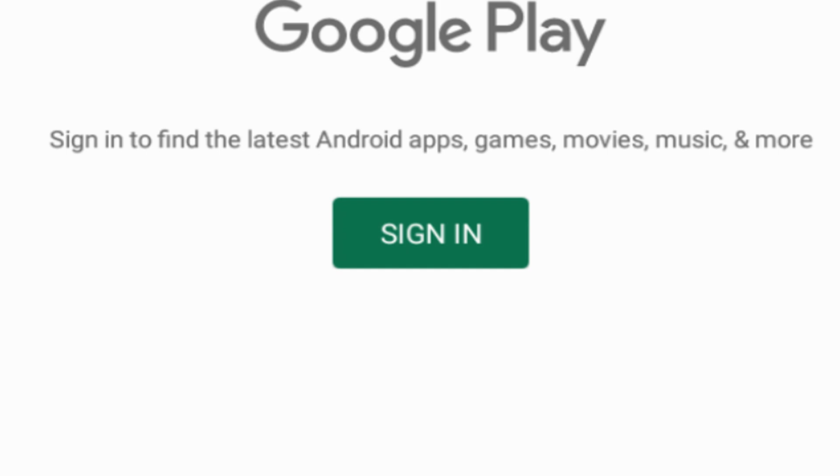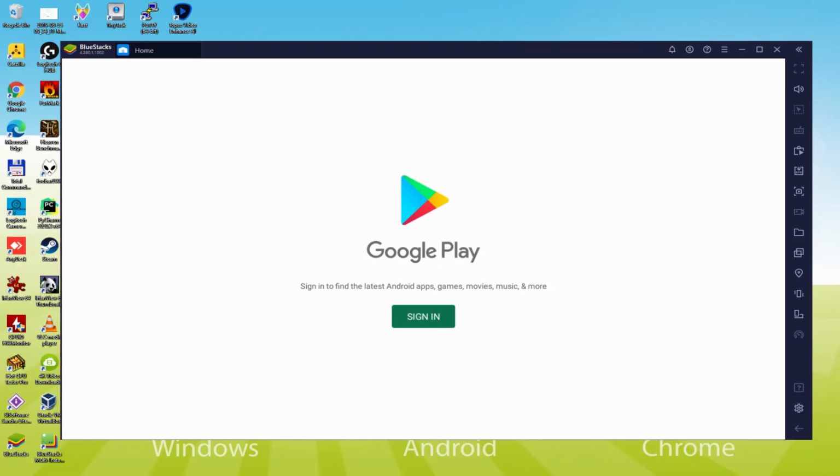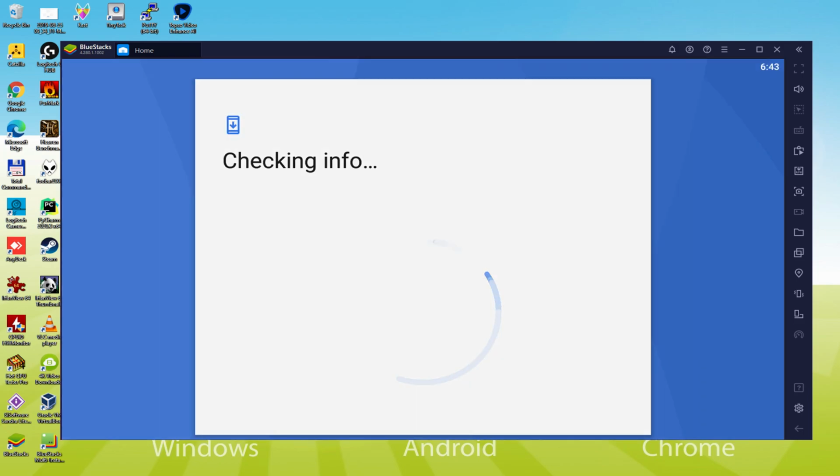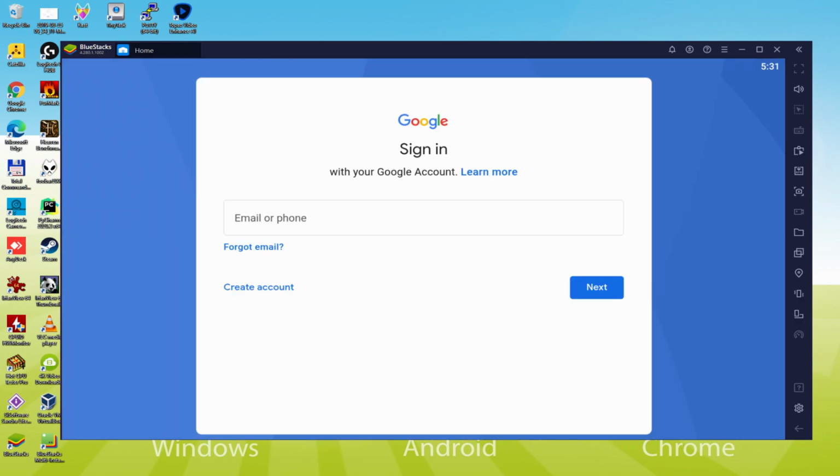Right here we are required to log on. Currently, the moment we are on this page, we must definitely execute the next step, which is compulsory. Therefore just click on Sign In. At present it announces, checking info. It may once in a while get stopped at, checking info, that's why it does not move forward. In that case, you should try to connect to your account. After a number of hours it's going to almost certainly be fixed.